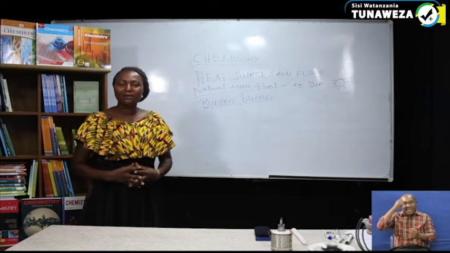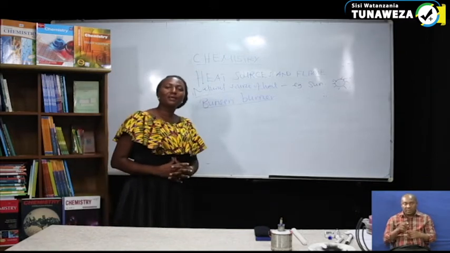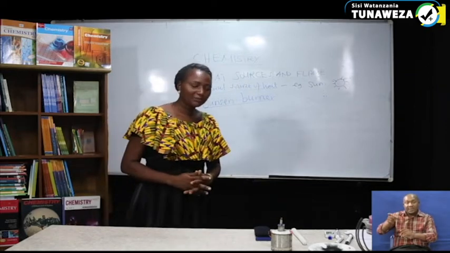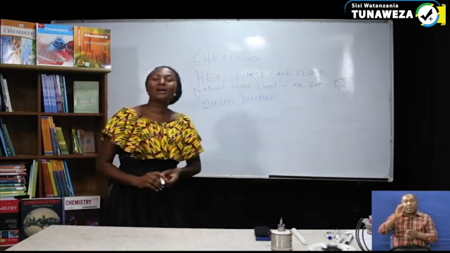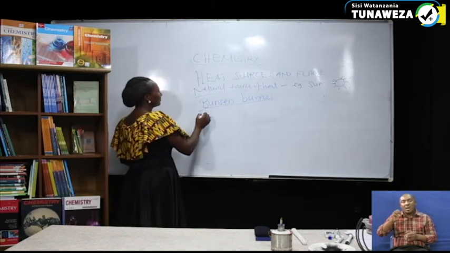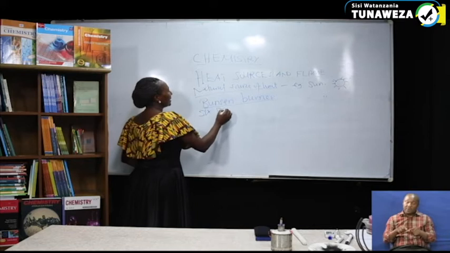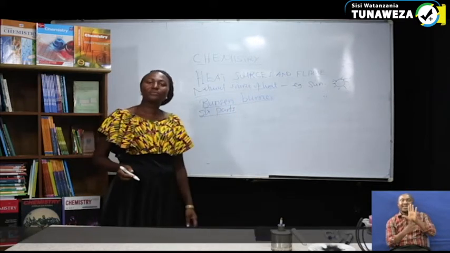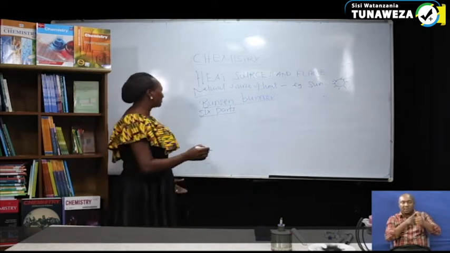The Bunsen burner was discovered by a scientist known as Robert Bunsen. The Bunsen burner normally has 6 parts, which are as follows. It has a base,